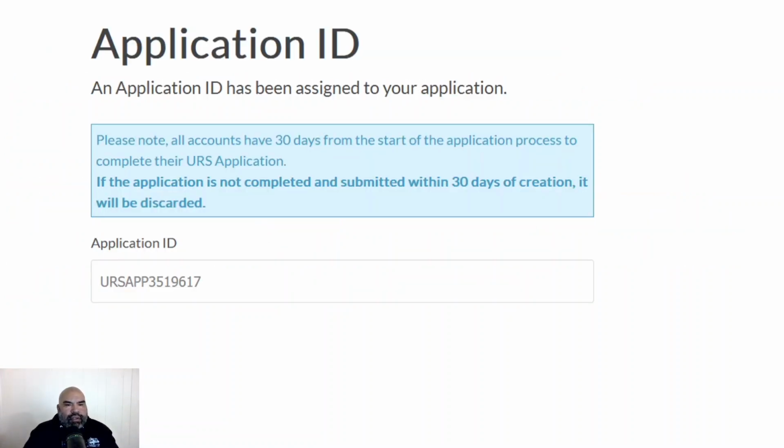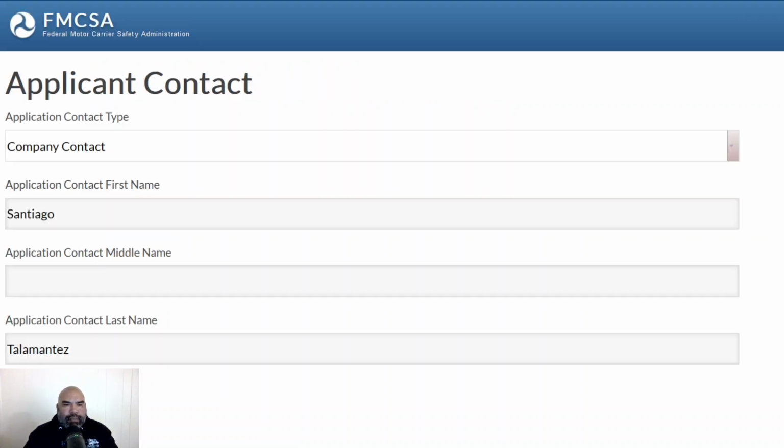All right, now the first step is you're going to get your application ID assigned to you. This is just in case you don't have the time to complete it all at one time. Make sure you take down your ID and then remember your password, of course, so you can get back in and complete your application. It's going to ask you to put in a contact. That'll be you or whoever